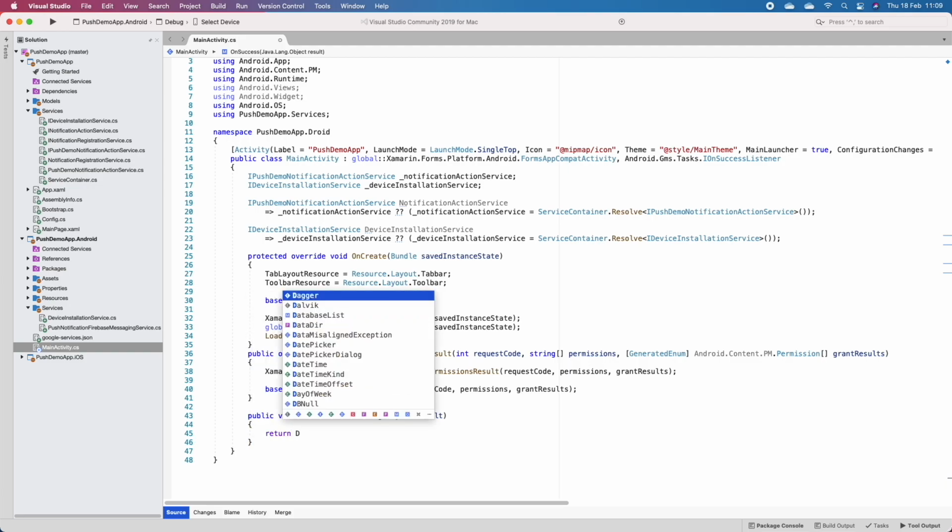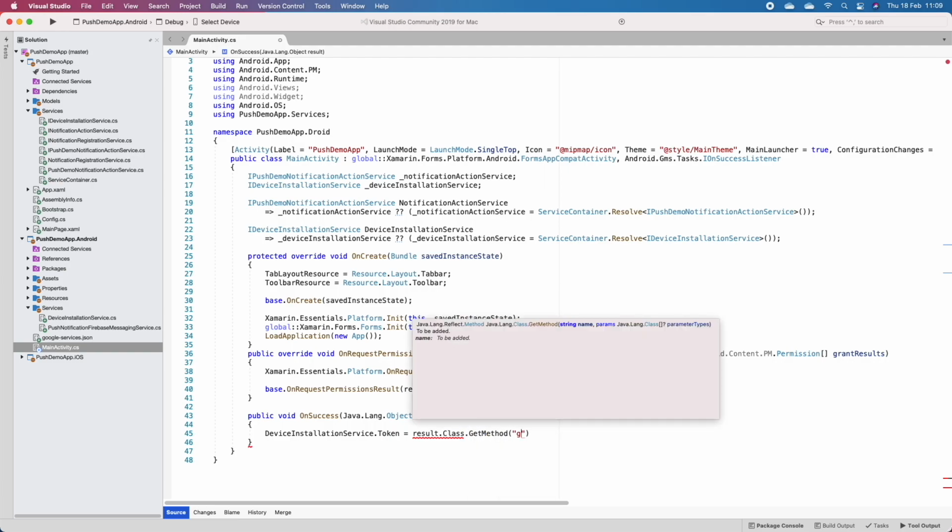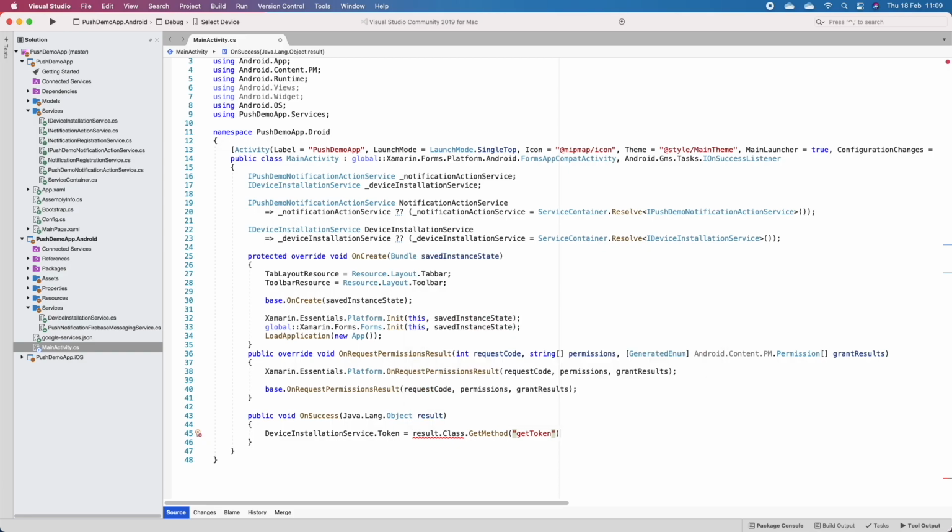And this should just return the DeviceInstallationService.Token result.class. Sorry, it shouldn't return that. It should just do that. Result.class.get method get token .invoke